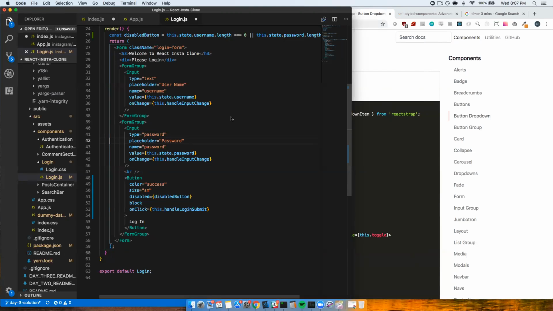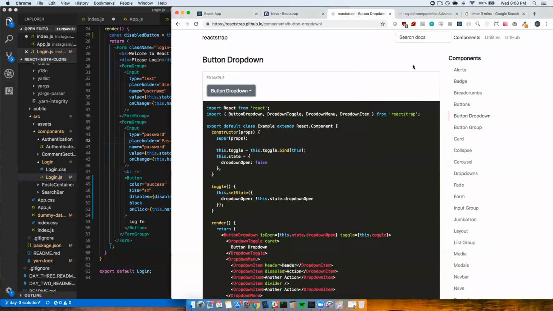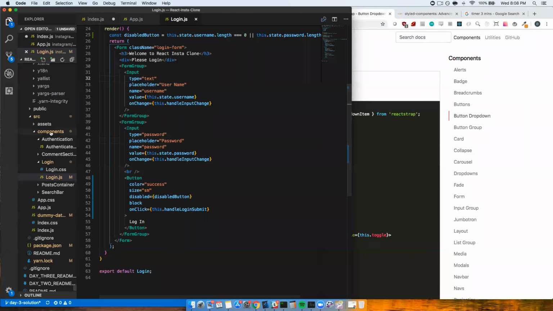Yeah, you can use it. Tonight you're not going to. Tonight and tomorrow you're going to be using styled components, but you can use it in any other project. You can add styling to Bootstrap. It is difficult, and you're going to have to actually go in and